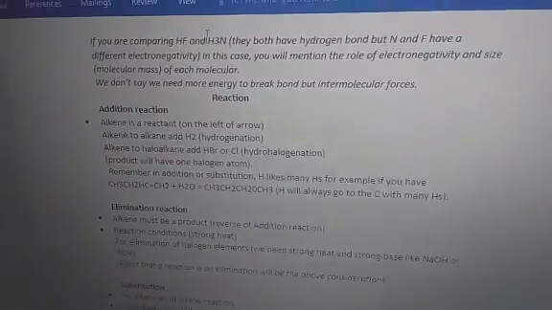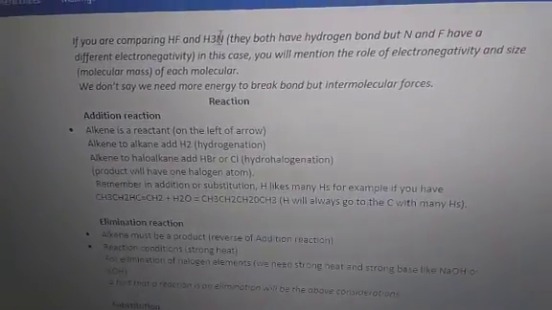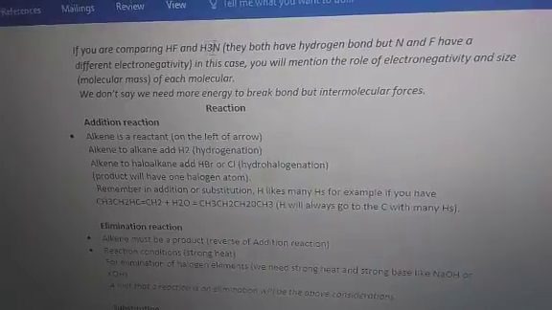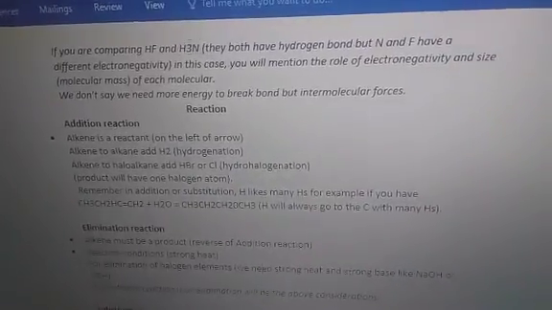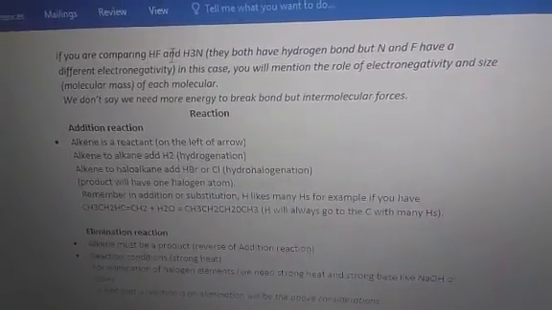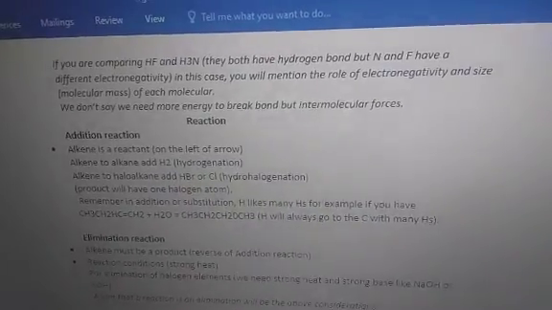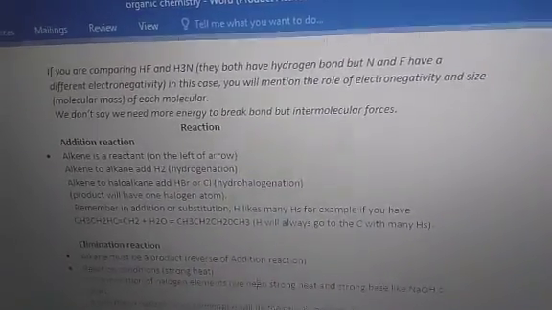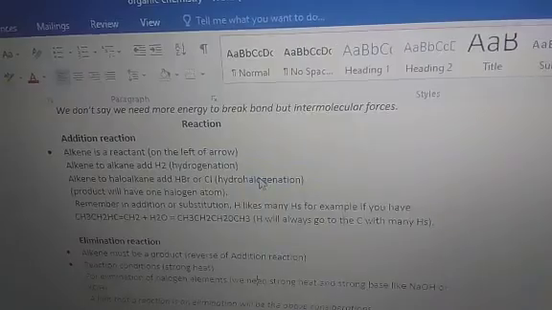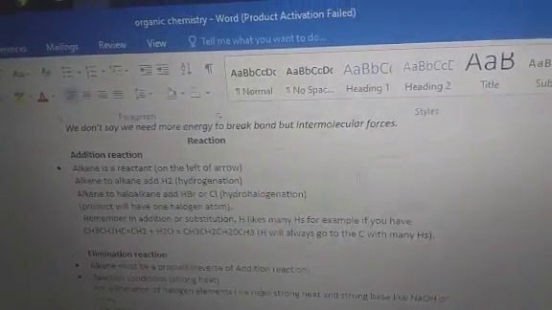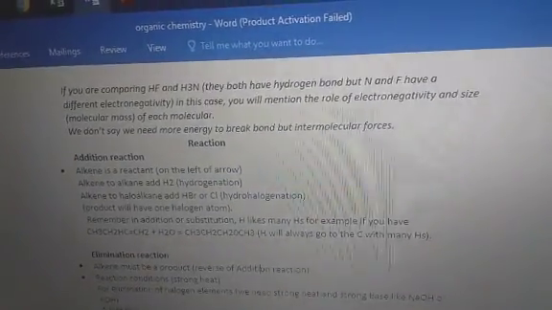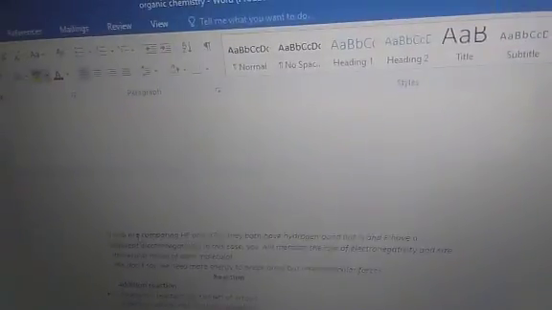Here you might be given these two, and they both have hydrogen bonds, as you can see. They both have hydrogen bonds, but the difference now would be, let me quickly turn that. Okay, just a minute. Okay, but the difference would be